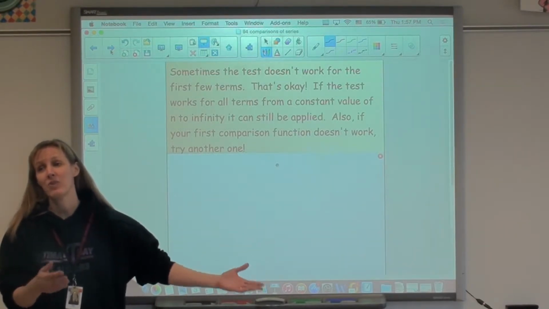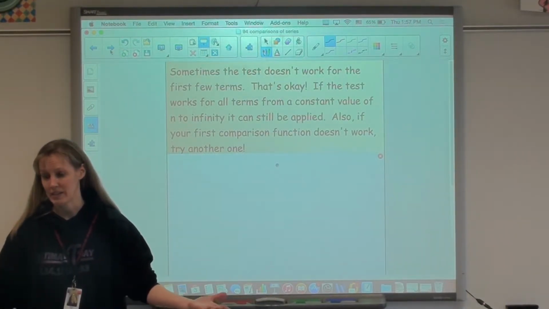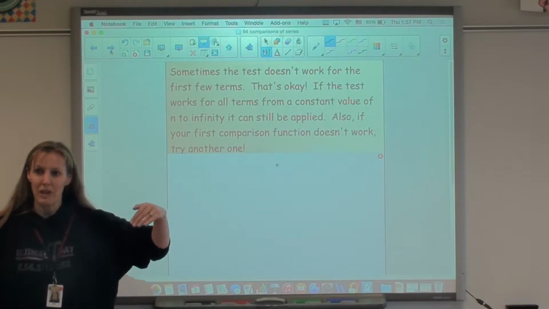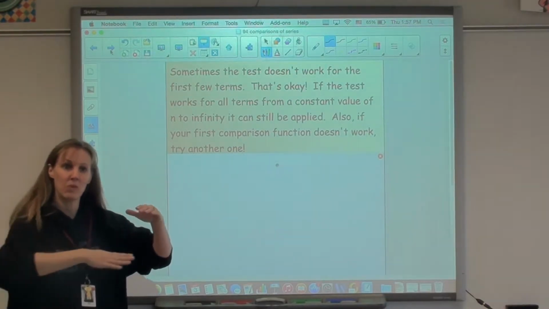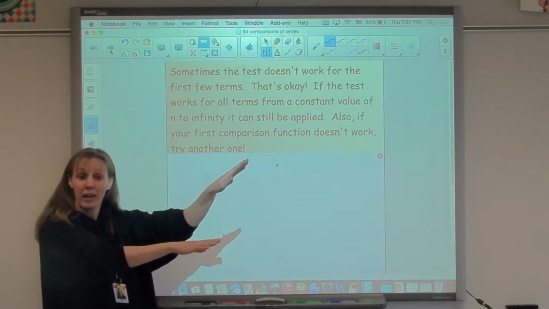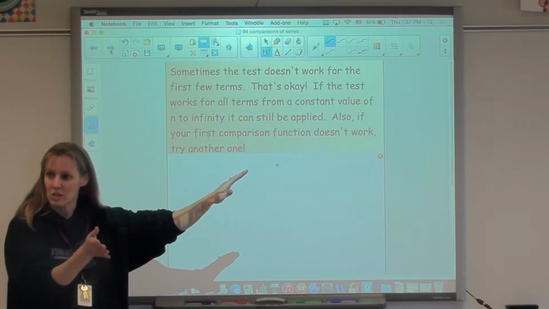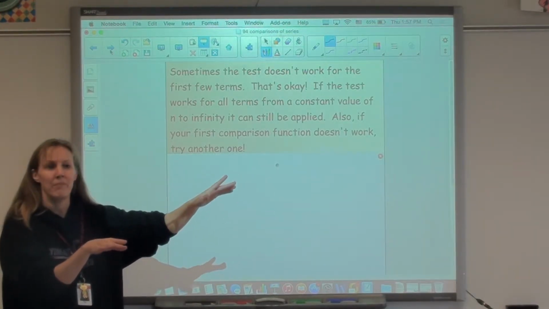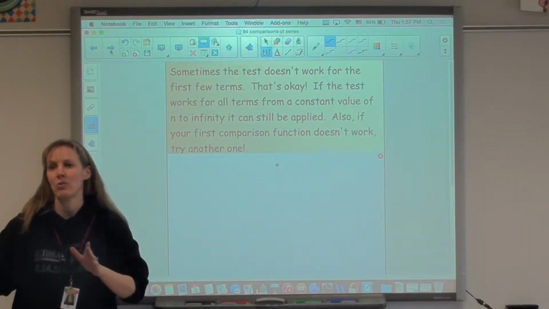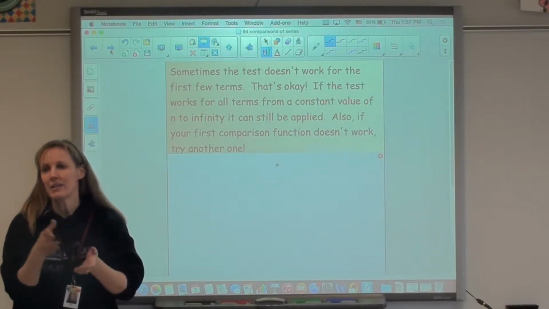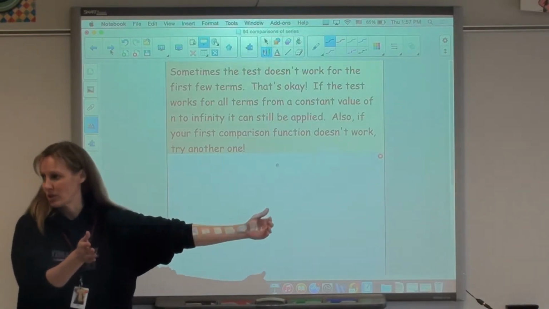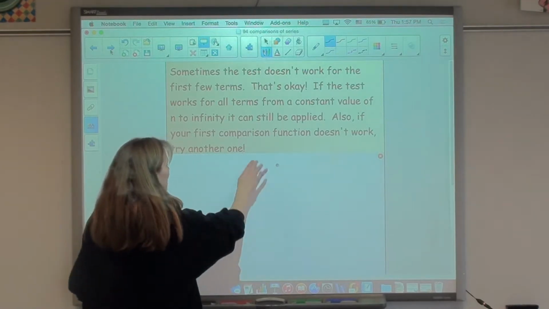So if you have to find another function, here's a little word of advice: if you have a function that you want to be less, but it starts out greater, then eventually becomes less and stays lower for all the rest of the real numbers, that's okay. You can just start at the n where the switching happens. Because for convergence, we're talking about as n approaches infinity. If there is some finite value where the test doesn't apply, that's okay. You can apply the test from some different finite value of n forward, and it'll still be okay. So, for example, this one,